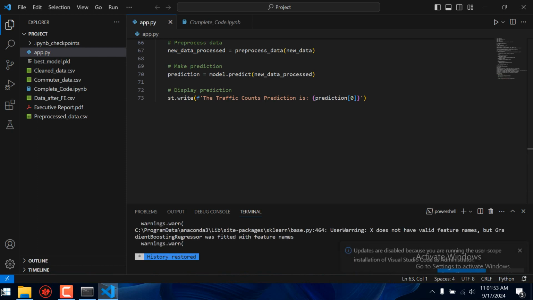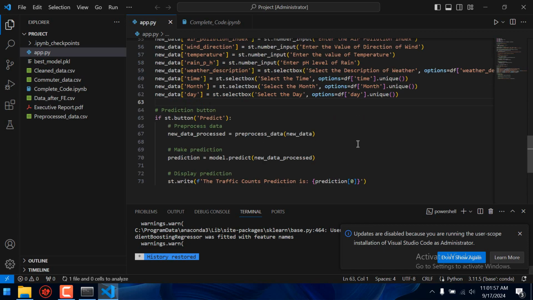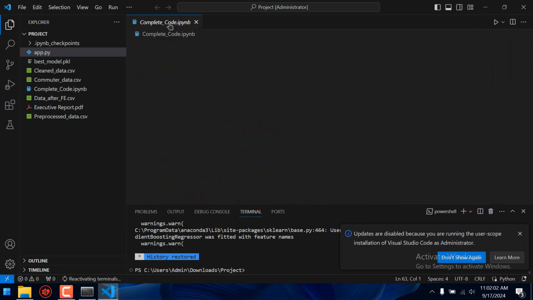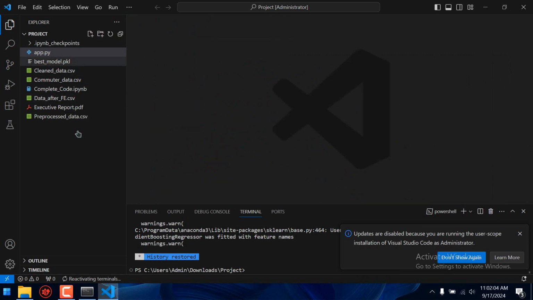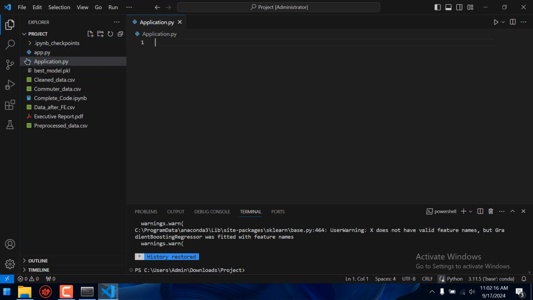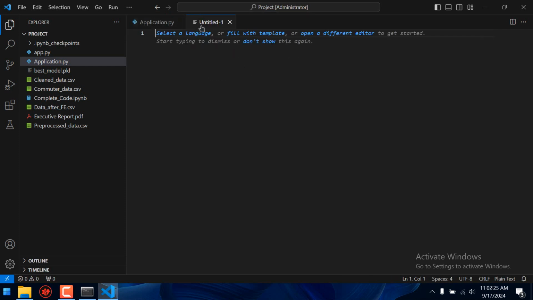First of all, I want all of you to install Visual Studio Code. I have already made this project, but I will make it from scratch because I want you to understand it from scratch here. So I have this file. Okay. Now first of all, create a file here. The file will be application.py. You can name it as your own. Now after that, I want you to open the terminal here. You can open it from here.